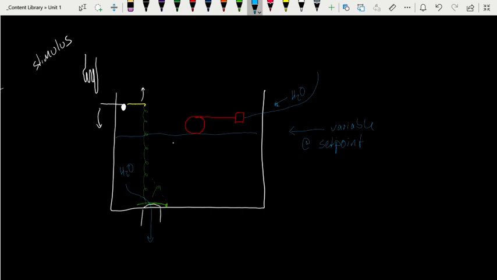Now, with the stimulus, as water levels begin to drop, what happens? The float begins to sink. And as the float sinks, the displacement of that arm as it bends opens a valve, allowing water to come back in and refill the toilet, restoring set point. So if we were trying to identify all of the terms, we've got our variable, we've got set point, we see the stimulus, we see here the receptor. Now it gets a little bit tricky.